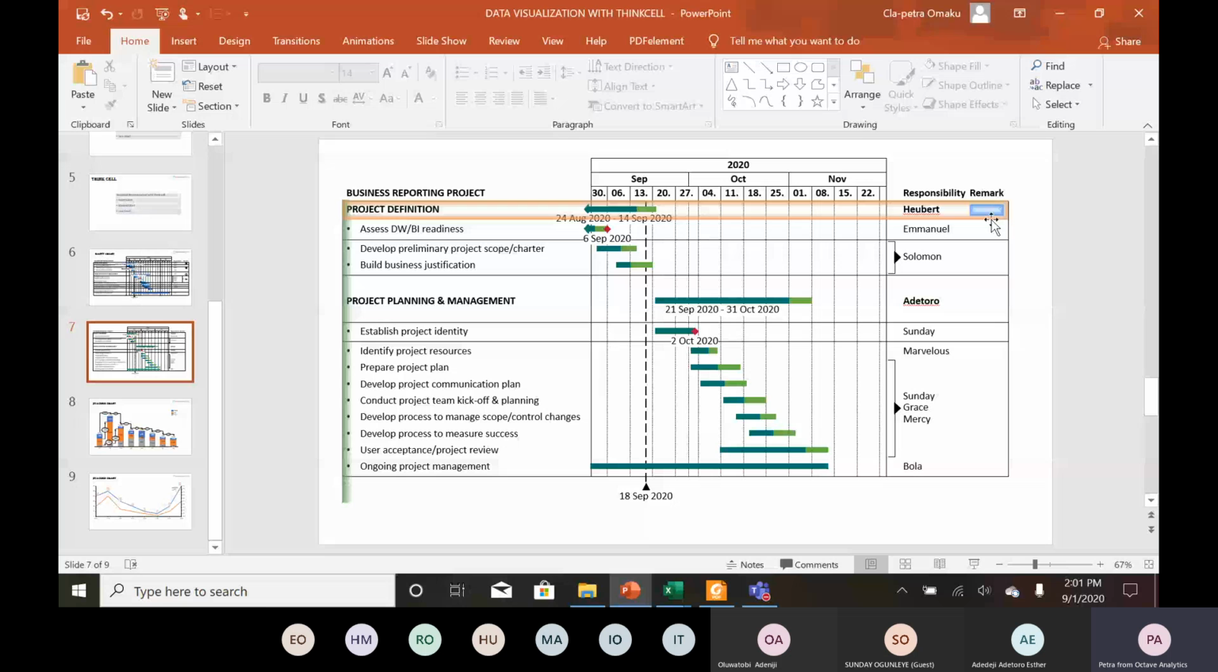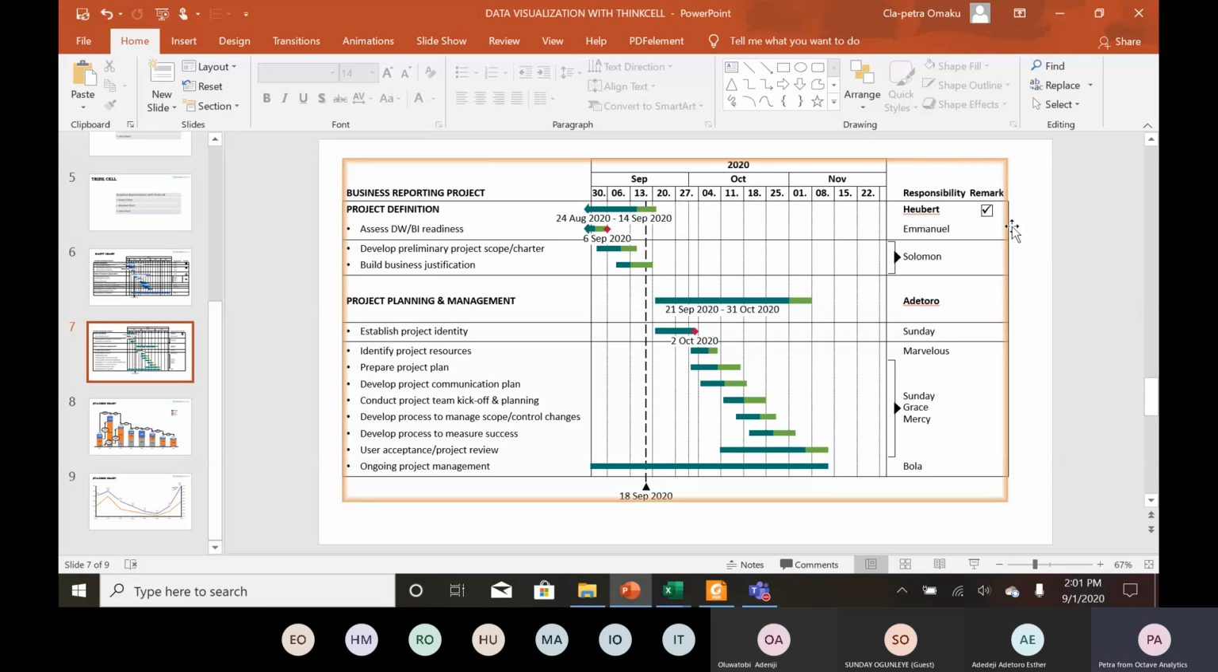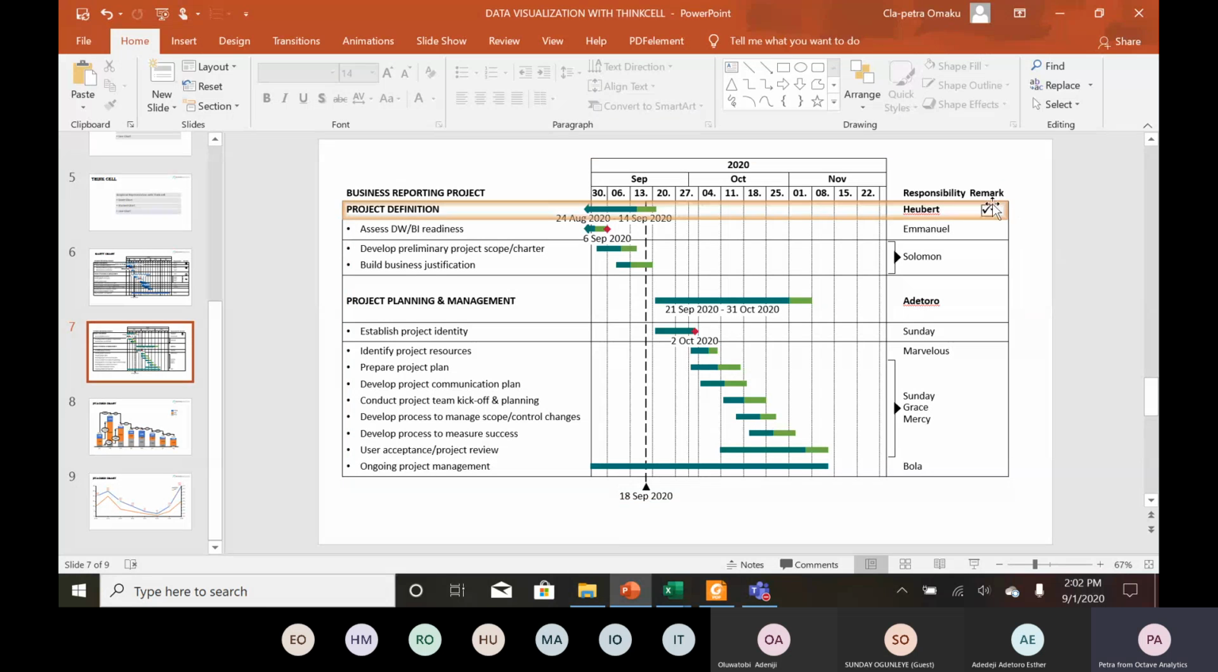So here, this is how the rating goes. It's either a checkbox or we use this Harvey ball. When you use a checkbox, it means successful. So this project has been concluded. Let's assume this is not the 14th of September, but the 1st of September, so this project is completed. And we check and we notice that